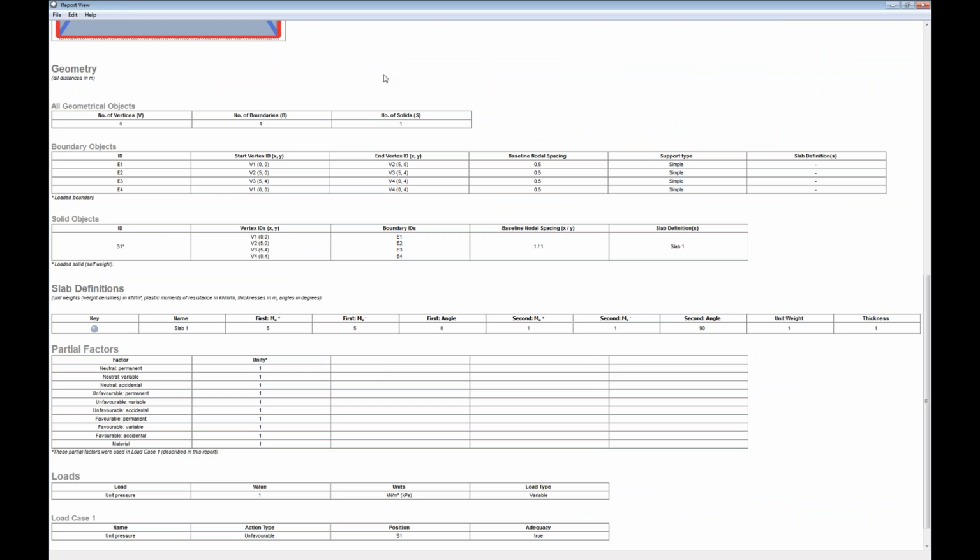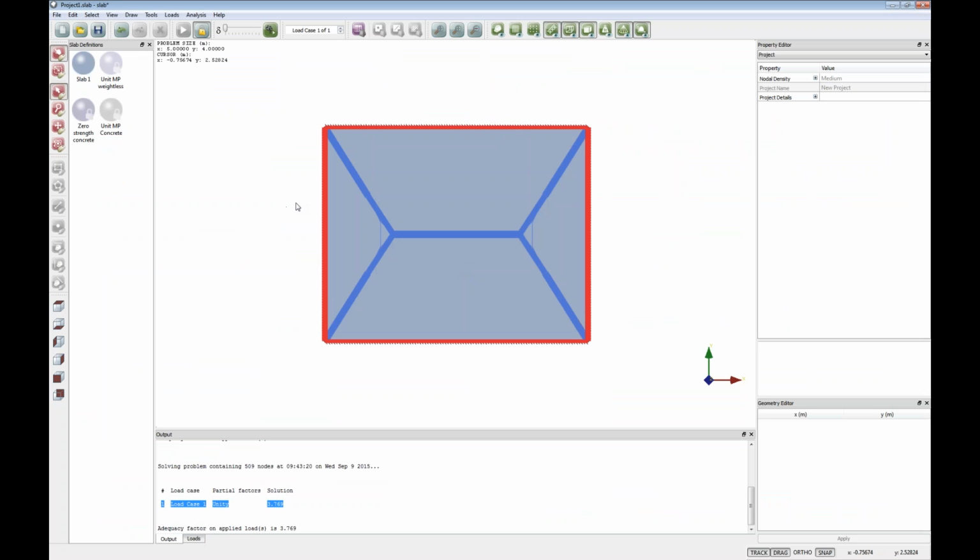And then obviously below that, things relating to the geometry and loading and the slab definitions. And you can save that as a PDF and obviously then present it to whoever you need to. So we've very quickly changed from an isotropic to an orthotropic slab. What I'm going to do is just revert that back